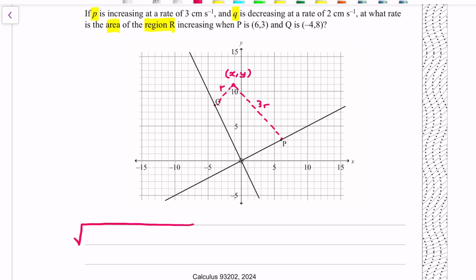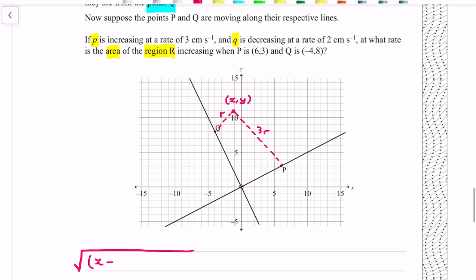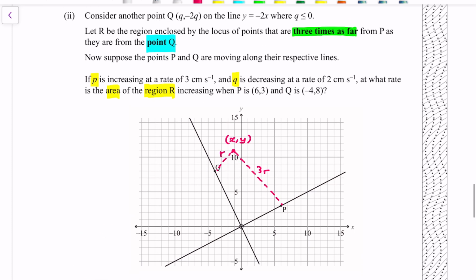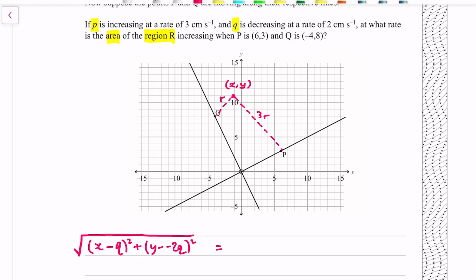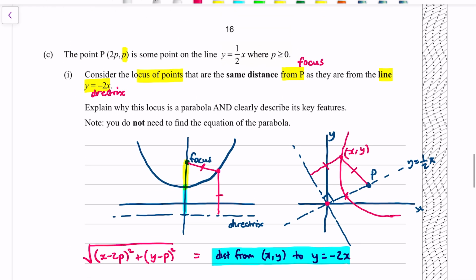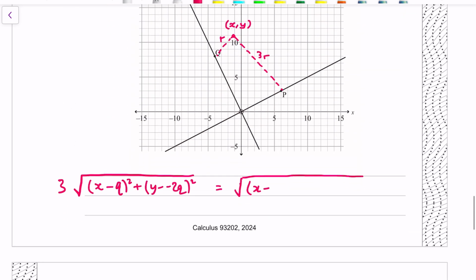The distance between xy and the point Q is x minus the x value of Q, which we are told is equal to Q. That's helpful, but you've got to be careful for the other one. And we've got y minus negative 2Q all squared. Be careful of integers there. Now, the distance to P, 3 times this, got to put the 3 on the right side of the equation, x minus the x value of P, which from the top is 2P, it's switched around, and then y minus